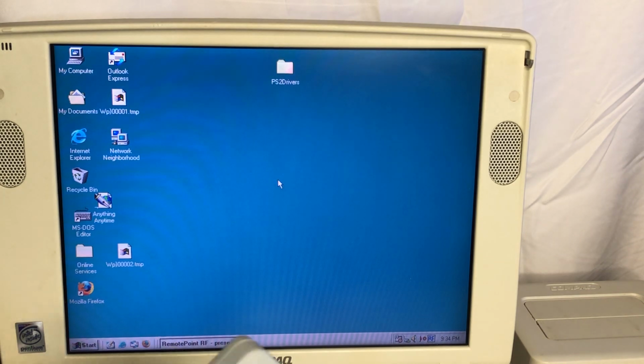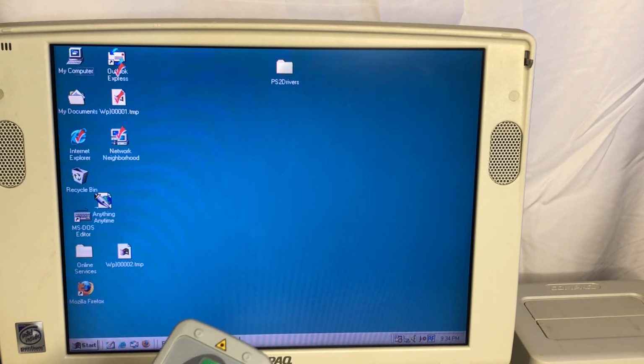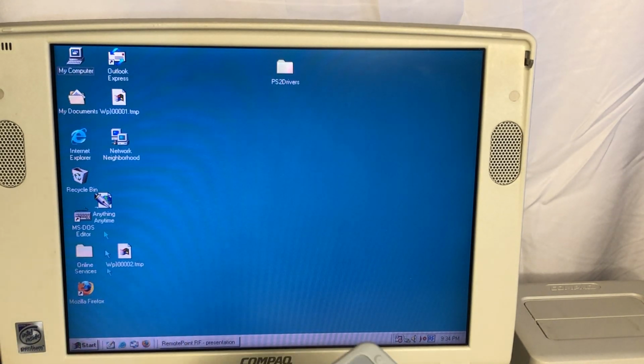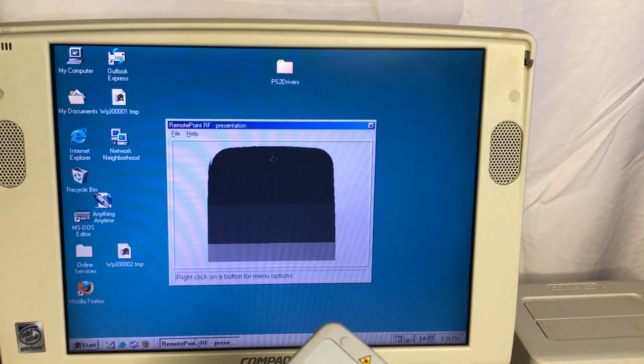Oh, wait. Let's actually hit the 1, right? That's a check mark, so wait a second. Yeah, we checked that off. We checked off Outlook Express. Boom. Internet Explorer. Now, even the mouse doesn't want anything to do with that. And to get out of it, you simply right-click. So that is something I did not know prior to my...